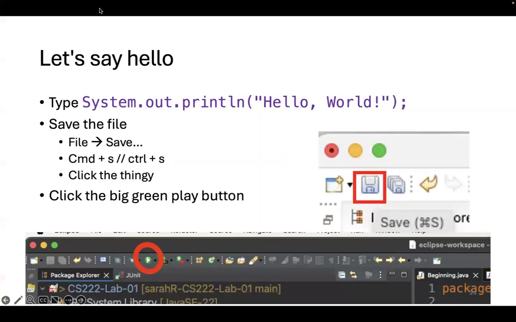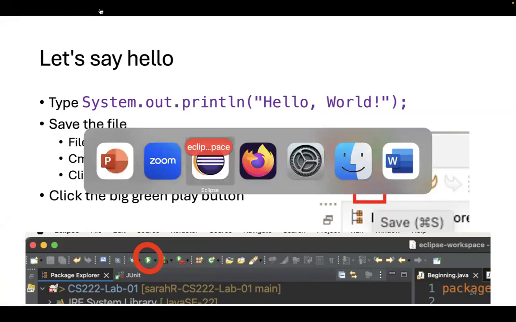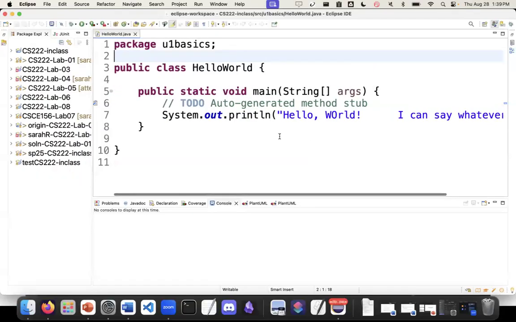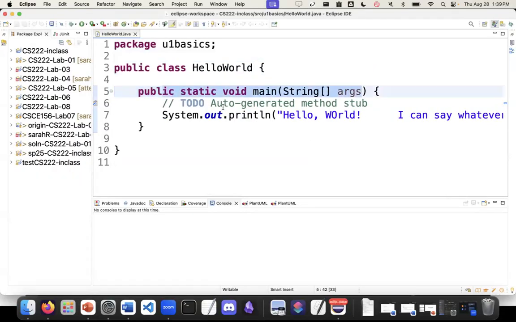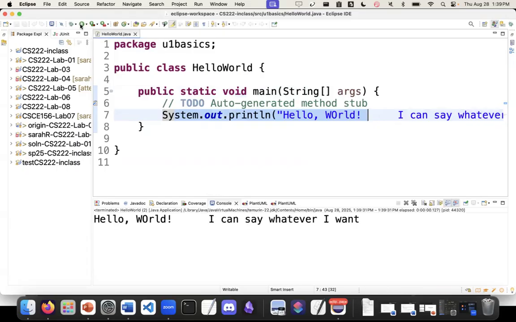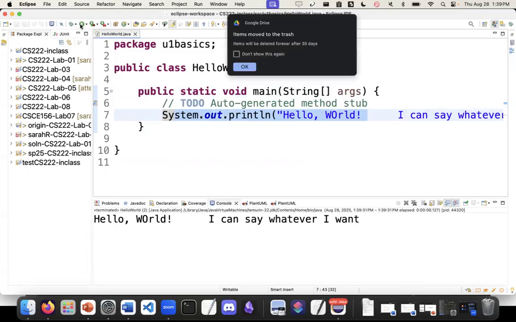All right, so last time we got set up, we installed Eclipse, we installed Java, and then hopefully you're able to have this little program that says public static void main, system.out.println hello world, and then you can go up and click the green play button and run it. So just a reminder, the way Eclipse is set up